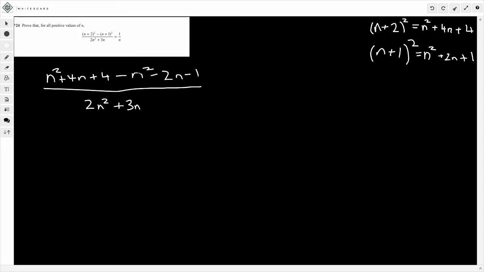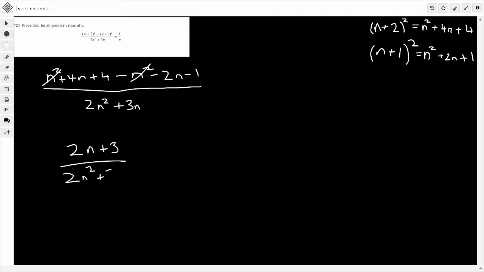Now let's clean up this numerator and simplify what we can. n² minus n² just cancel. 4n minus 2n will be 2n. So let's start writing this down: that's going to be 2n, and then 4 minus 1 will just be plus 3, sorry. So plus 3 there. So we've simplified the numerator now, and this is divided by 2n²